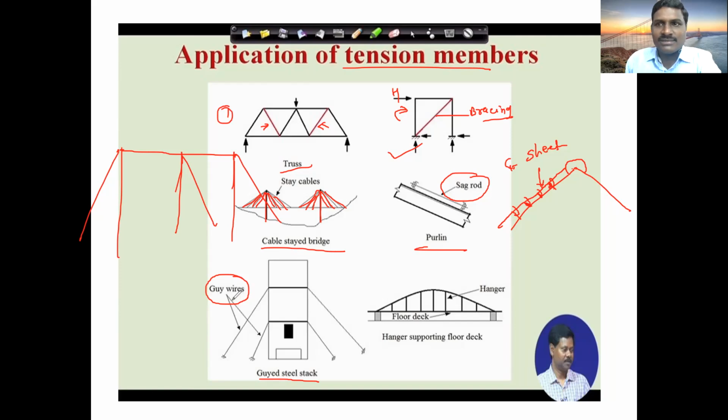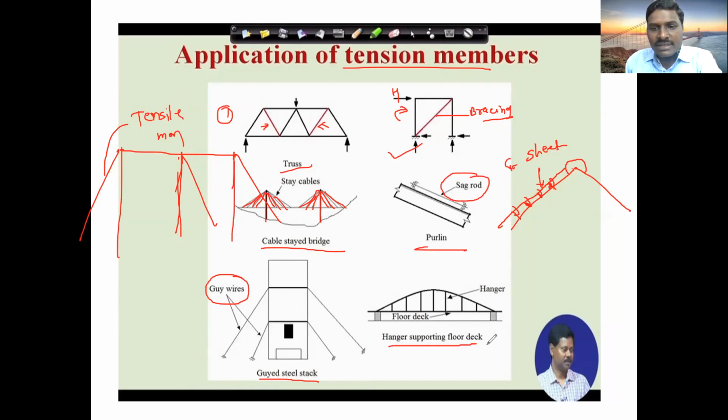Have you seen? Yes, sir. We are familiar with this. In our village also, and in the city, we have seen this. These are the electrical poles, and the electrical poles are transmitting these cables or wires, and for the electrical poles this type of guy wire we are providing, that acts as a tensile member.